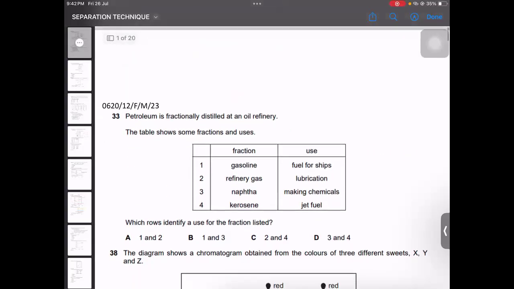So basically, this is all about separation technique. Inshallah, we would be starting another chapter. But before that, I want to do fractional distillation. I know that this is also present in your organic chemistry, but I'm supposed to complete this in the separation technique chapter. So after fractional distillation, inshallah, we would start the next chapter. Again, I'm saying that those students who are having any type of difficulty,